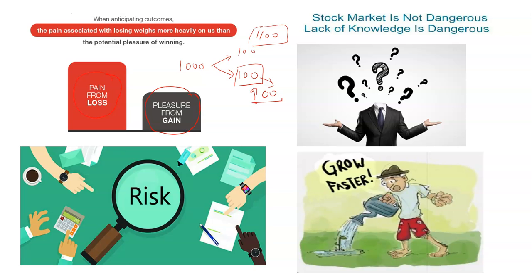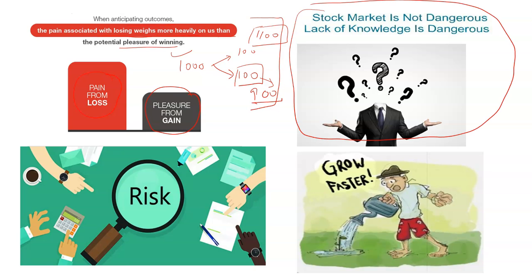That is to say, when anticipating outcomes, the pain associated with losing weighs more heavily on us than the potential pleasure of winning. This is one important thing. The second thing is, the stock market is not dangerous. It is the lack of knowledge which is dangerous. Once we try to understand the financial things in the stock market, how the company works, what the business of the company is, how it earns profit,